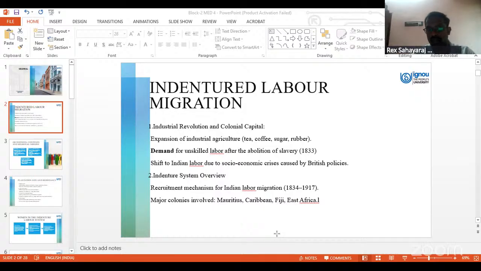We are learning today under this colonial Unit 38, which considers the indentured labor migration. So let us understand the first slide shows this